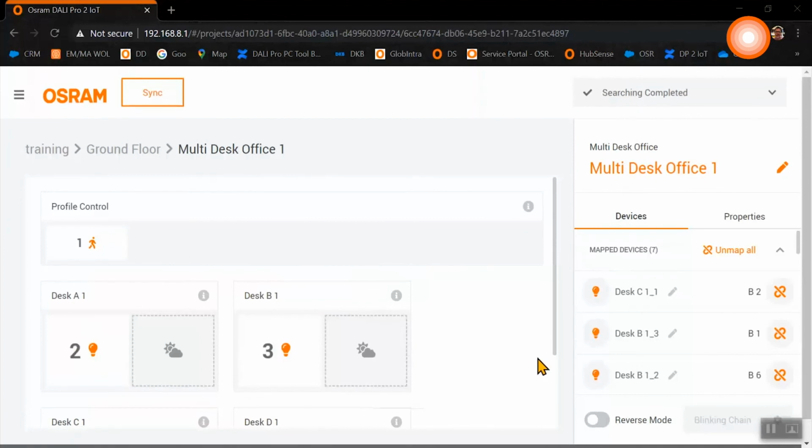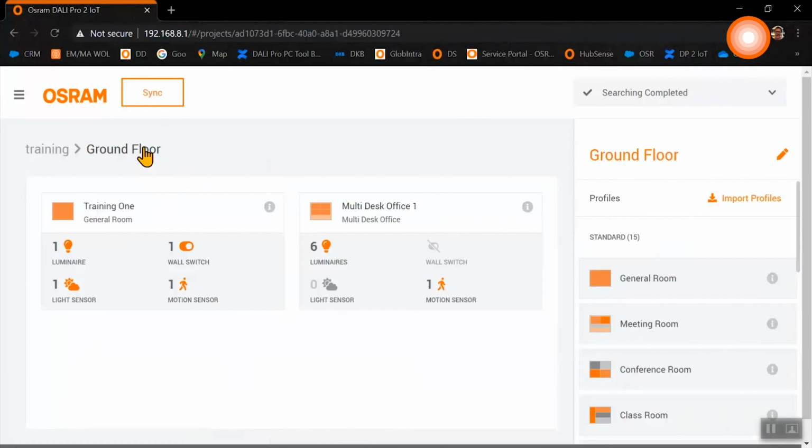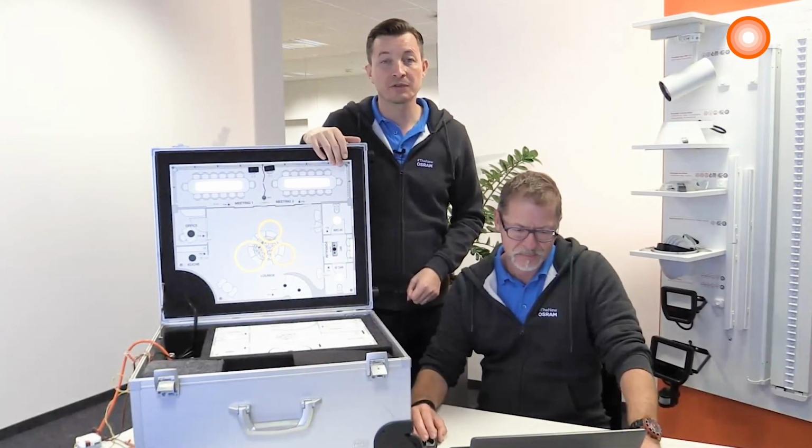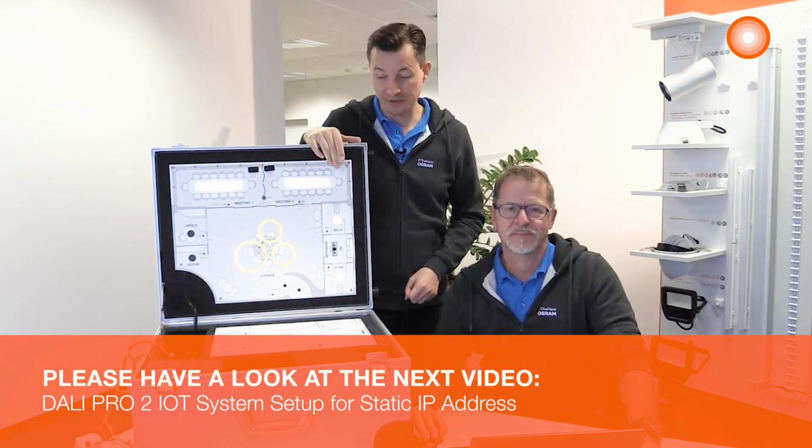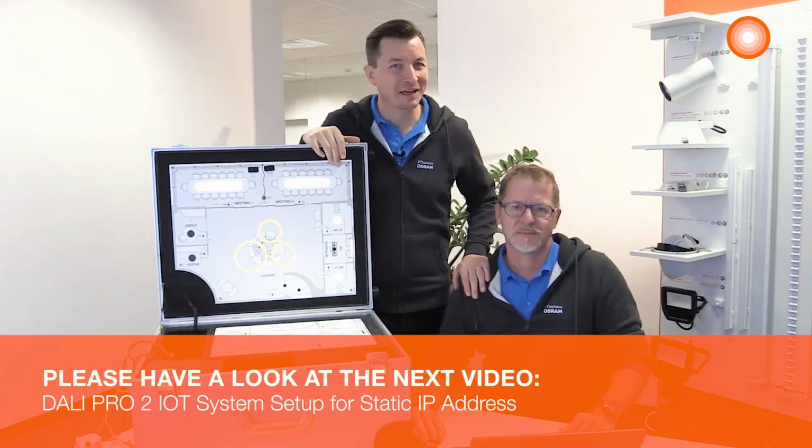Now we have finished our complete setup, and at the end we need to synchronize, and during the synchronization process all the software settings will be transferred into the control unit. After the successful synchronization, our system is ready and can be used.